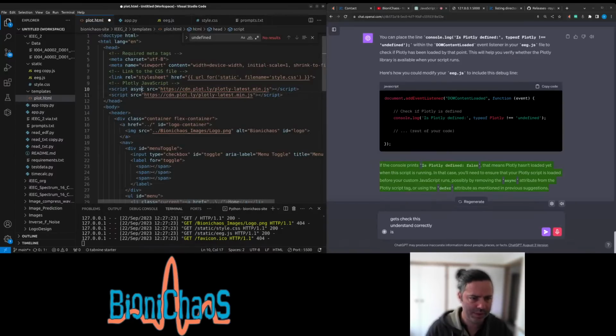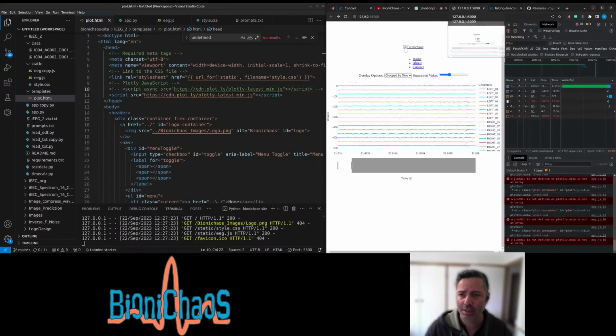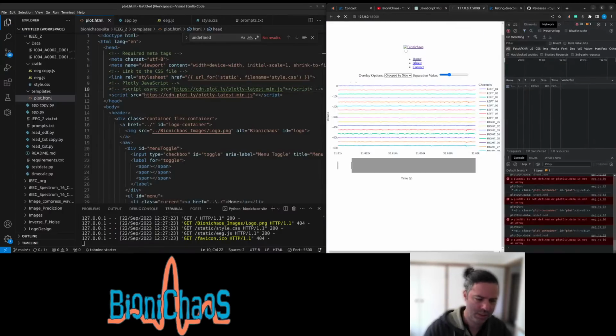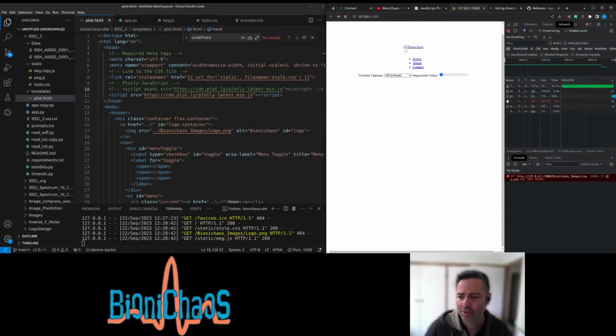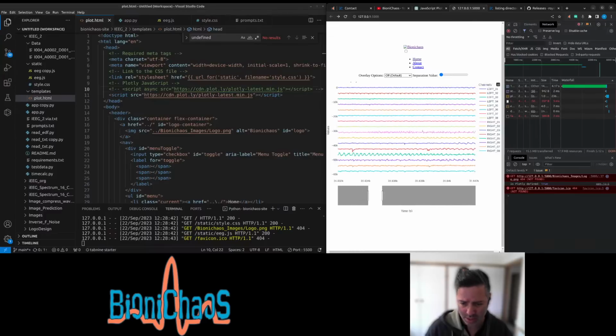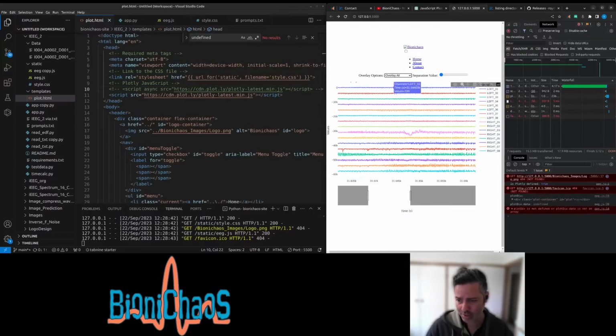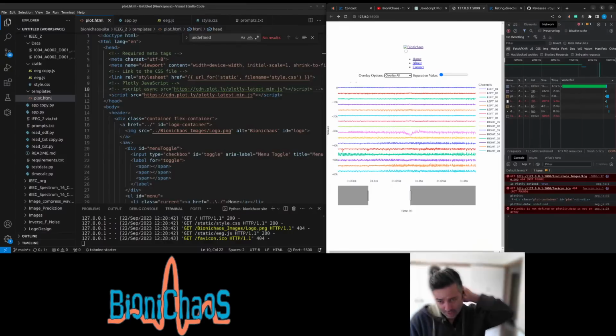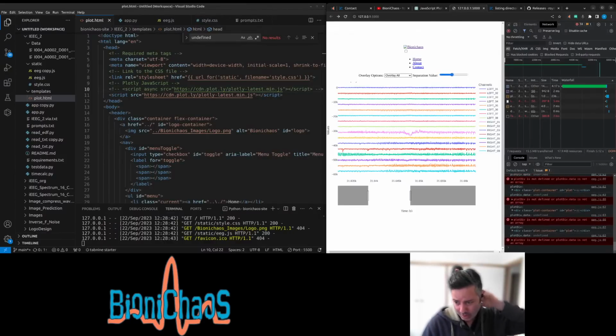So remove this async, comment that out. Let's see what that does. Reload with Ctrl F5. Takes some time. So this still works okay. I'm still getting the same error. This is pretty annoying.